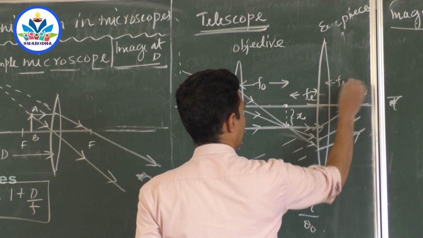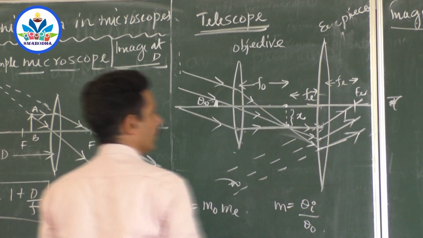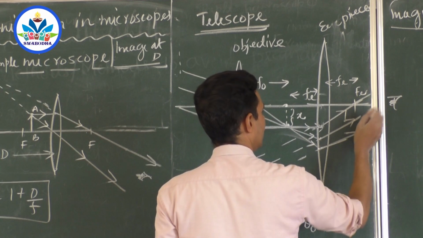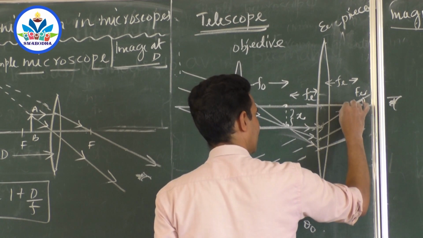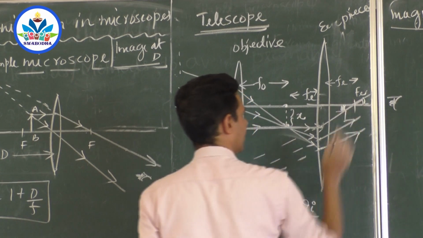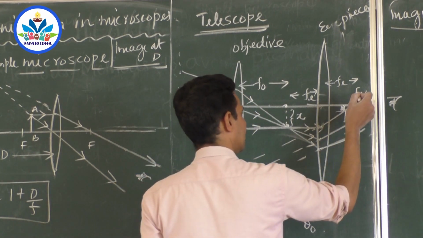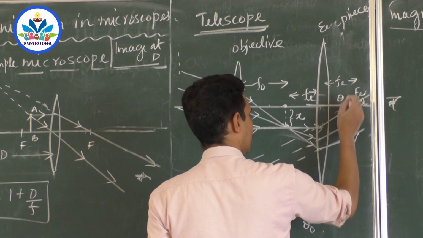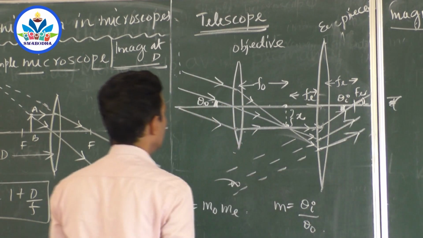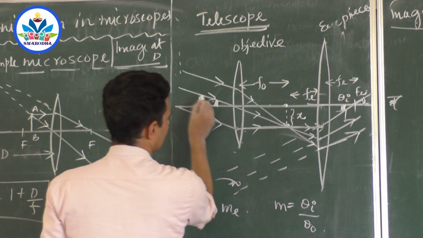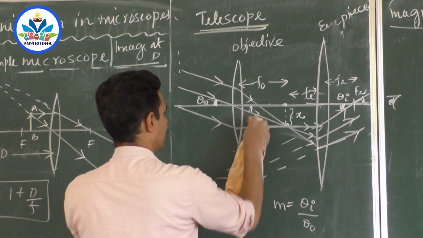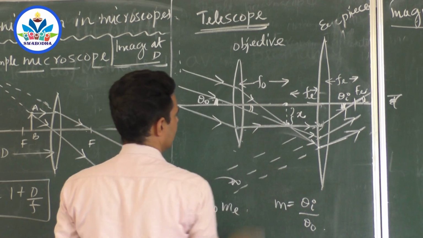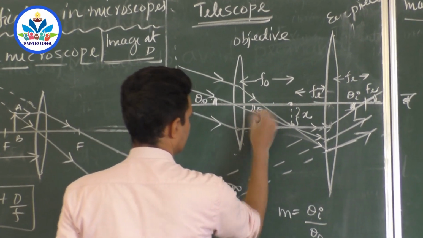If this ray is parallel, I can write this as the focal length of the eyepiece. And when you look into these rays and they form the angle here, shall I write this angle as the angle created by the image at your eyes, theta I? This is theta naught. Shall I go for the vertically opposite angle, theta naught? Am I right? I will remove that arrow mark from here, which is disturbing me. Yes, this is theta naught.